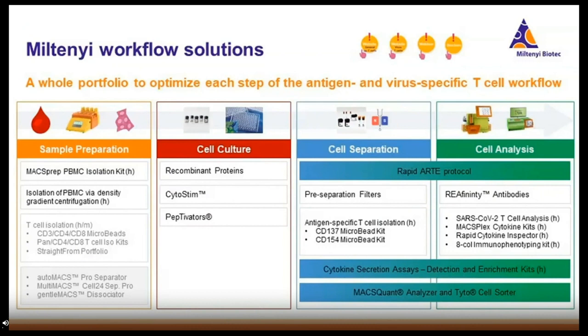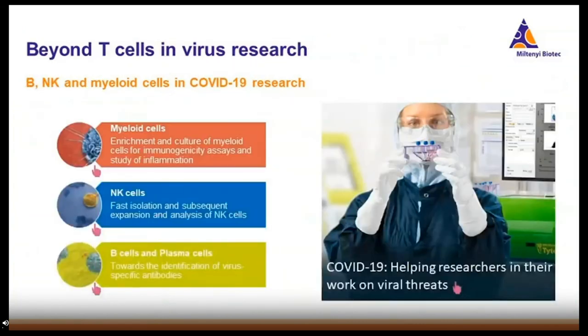And again, if you want to have a closer look, you can check out the respective application websites for antigen and virus-specific T cells. You can watch our other webinars or also check out the large T cell research brochure. So now you might want to ask, is it really all about T cells in virus research? No, definitely not. So of course, B cells, NK cells, and myeloid cells also play a central role in viral infections in general. And of course, here, Miltenyi also offers really nice solutions for your virus research regarding these other